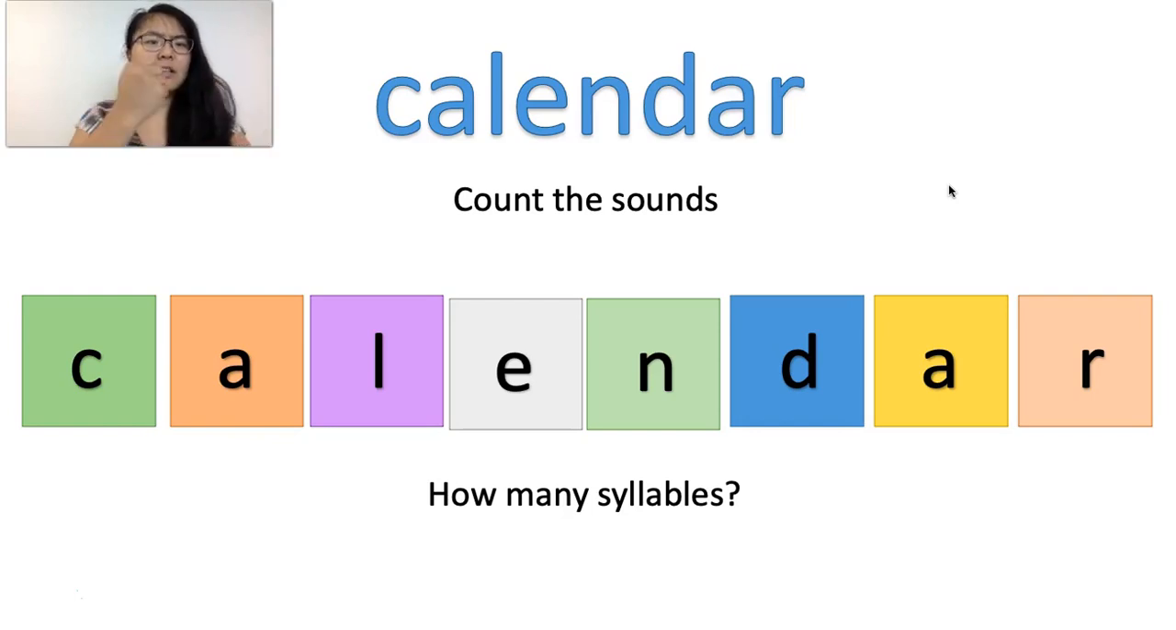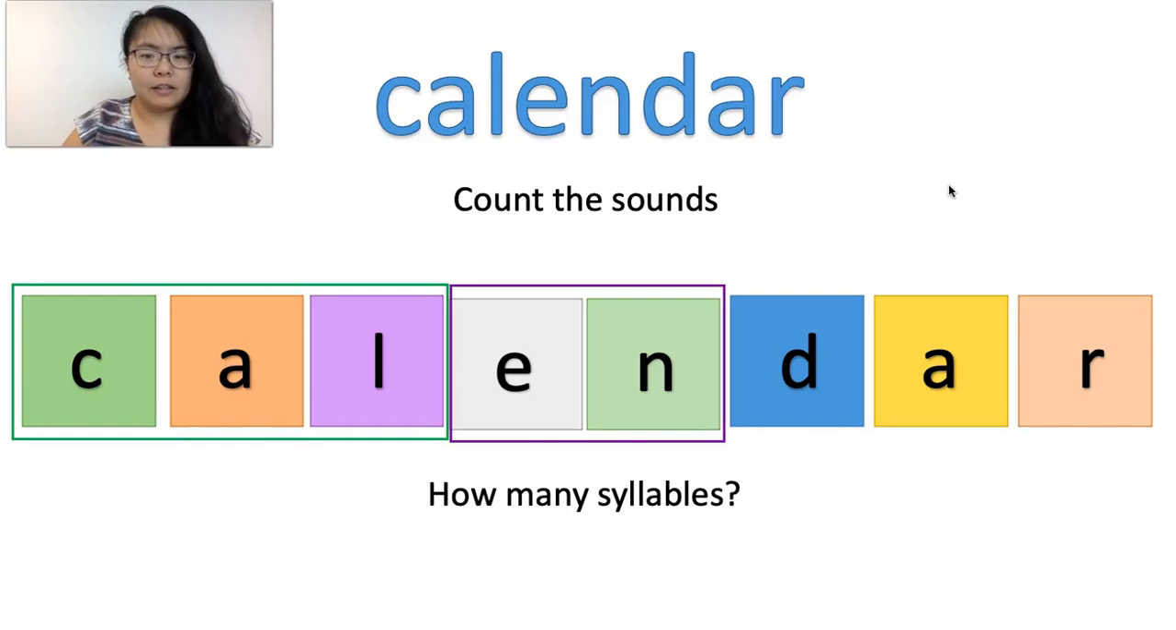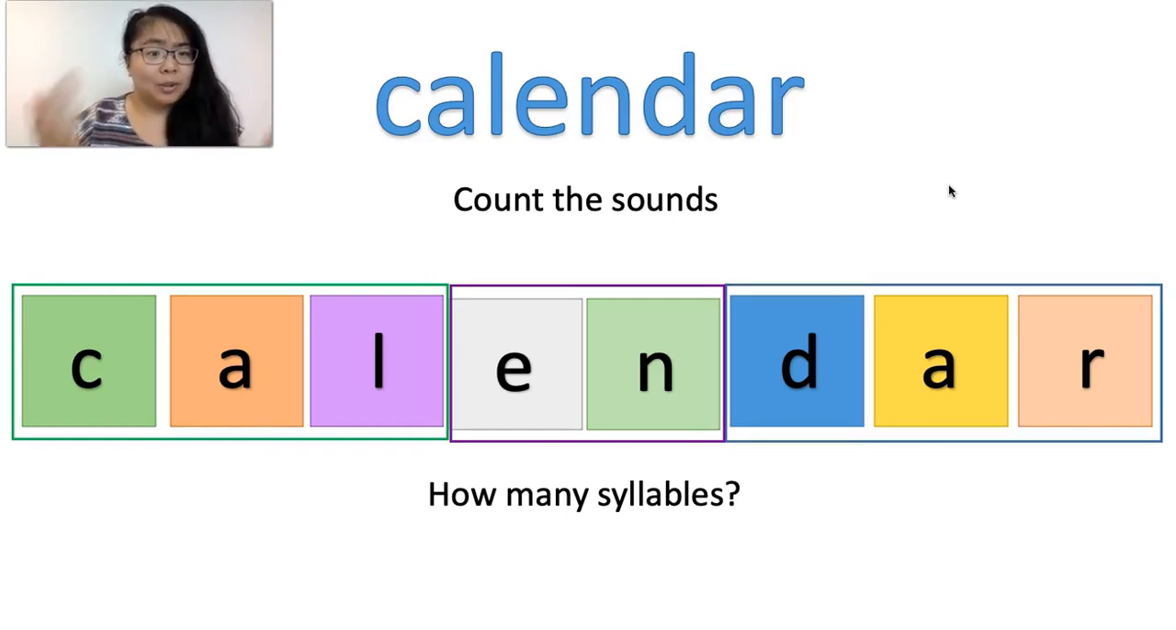Calendar. Can't see my hand. There we go. Calendar. 3 syllables. Good. Now back to your really great question. Why is it pronounced that way? There are 3 syllables. When there are 3 or more syllables in a word,